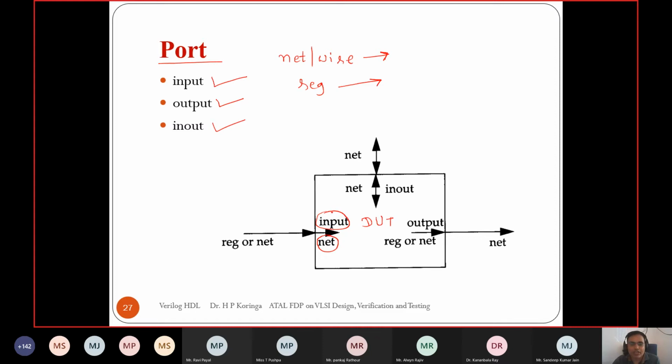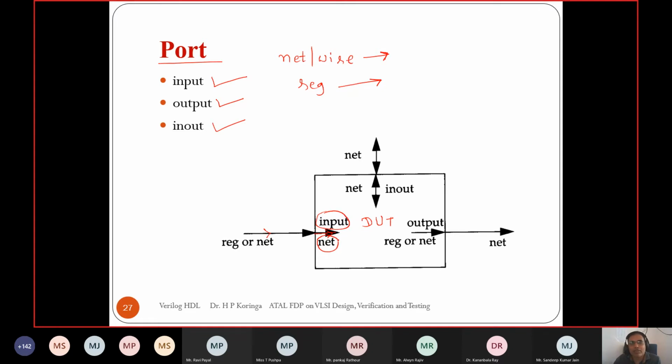So the input of any DUT must always be a net, right? The reason is that the input is driven by an external signal. The input is driven by the external signal, right? So we don't know when the external signal is going to change, when the event is occurring on the external signal.